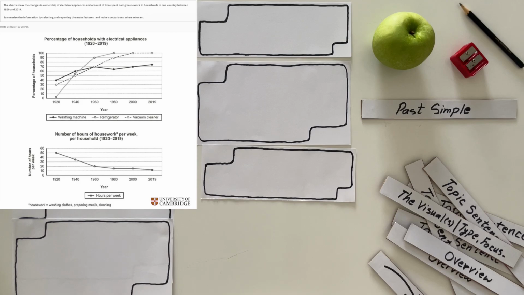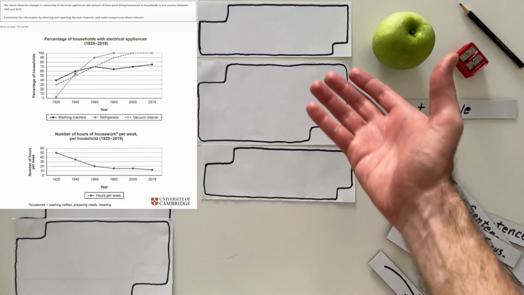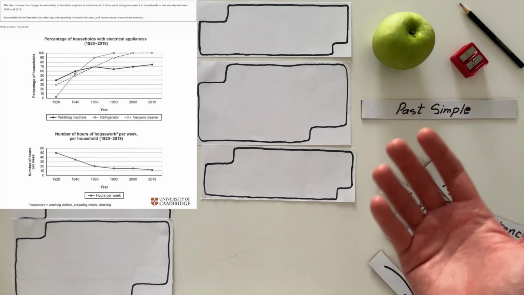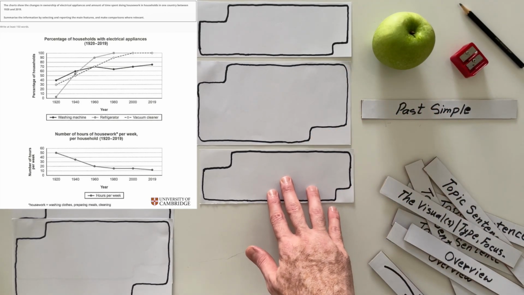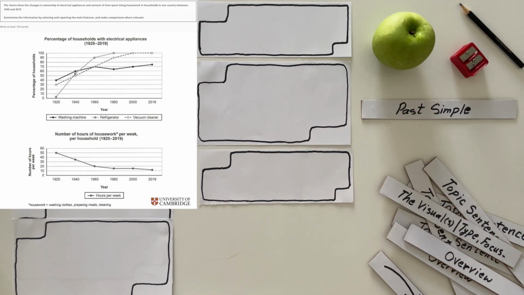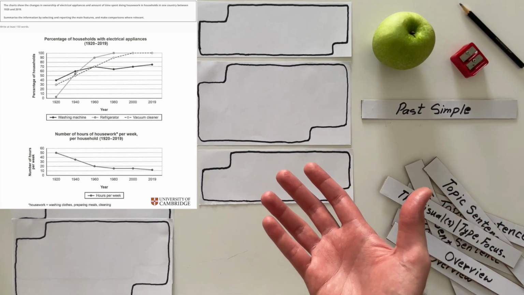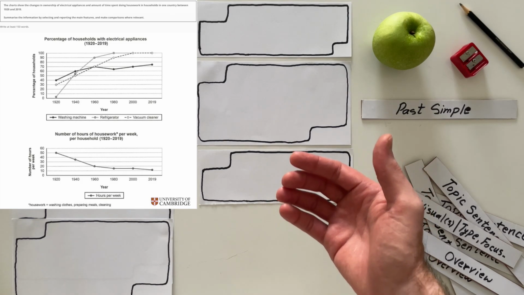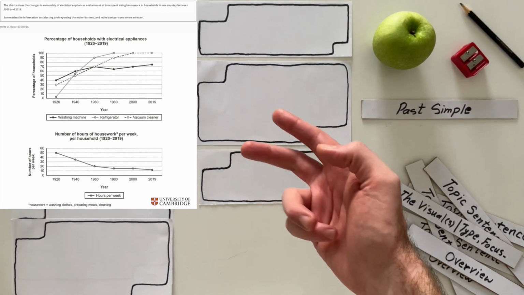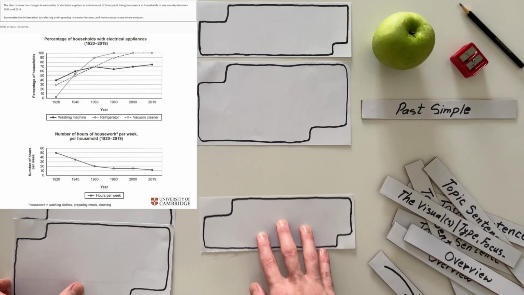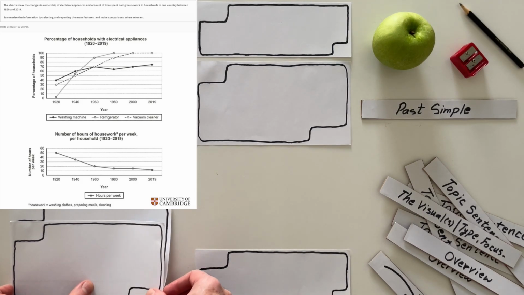Next, we want to say how we are going to organize this. We have an introduction, a conclusion, and a body paragraph, very classic. Usually I tell my students, this is a very good approach. For each visual, devote one paragraph. So in this case, you might want to consider